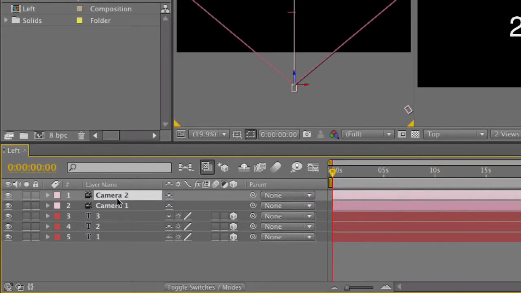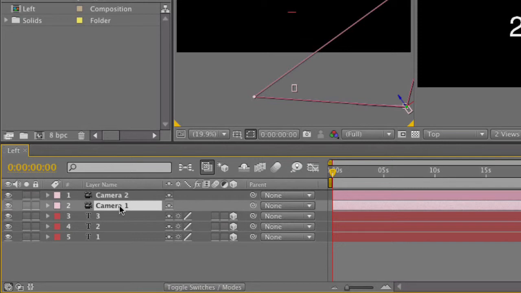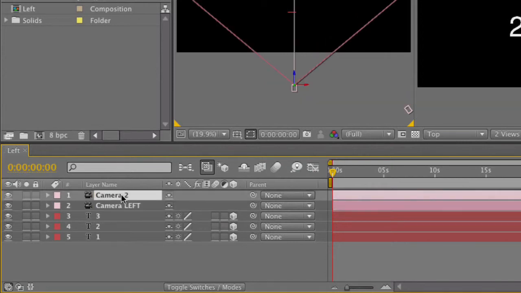And so now we have a brand new camera, Camera 2, and Camera 2 just defaults to the default position. But what we're actually going to do is this camera is going to mimic exactly what Camera 1 does, and then we're just going to put a little offset into it so that it's the right eye instead of the left eye. So just to keep things straight at this point, I'm just going to click on Camera 1, press the return key, and just turn the 1 into the word left. Same thing for Camera 2, hit the return key,